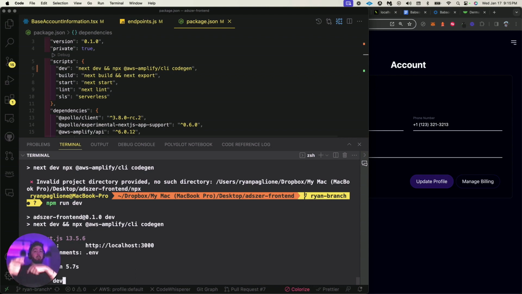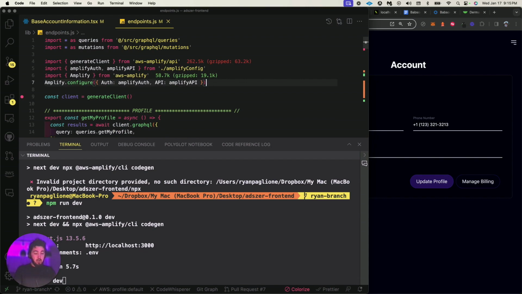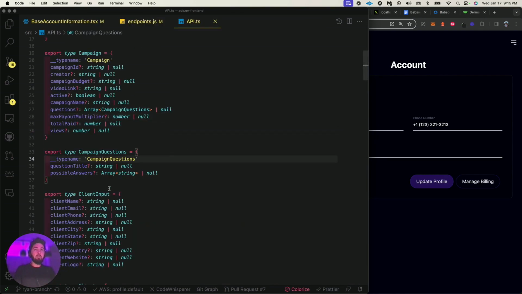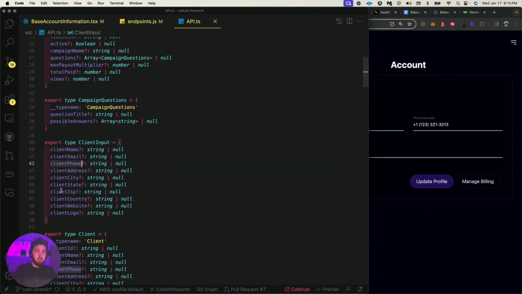Every single time I'm updating, every single day, probably multiple times a day, with whatever the backend is doing. I'm updating right here every time I run dev. So it pulls in the latest renditions of our API. So if we look at our API, you can see that we now have the client address on one of our types. Here it is. Boom. Where is it? Oh, right there. So that's already handled. The contract comes in.